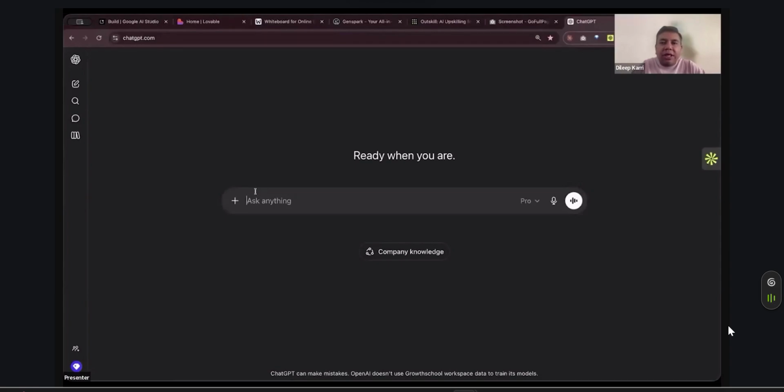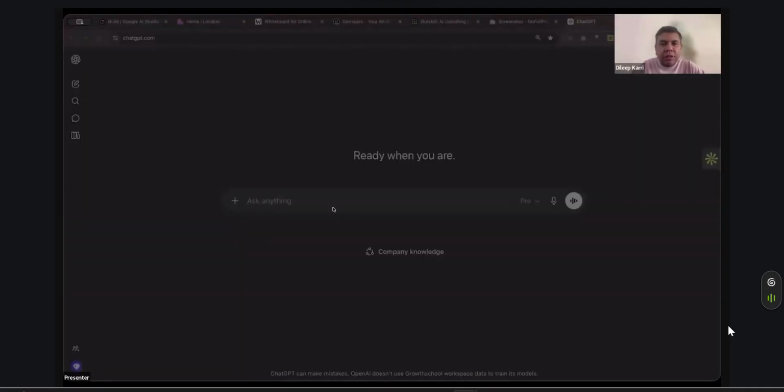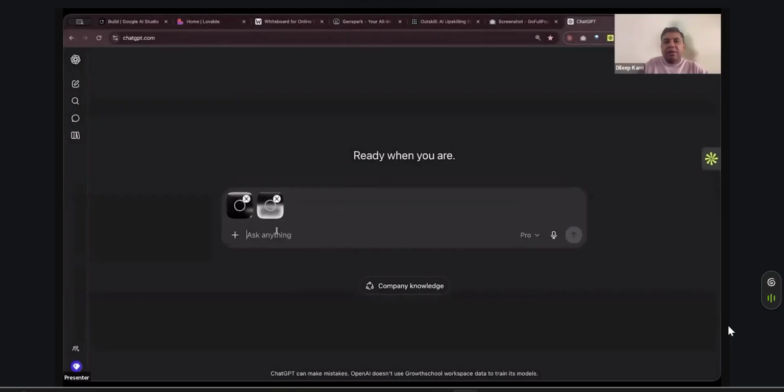Okay, so what I'm going to do is attach the files. I'm going to attach the complete files that I have just downloaded. I have attached the files. Now I have to give it the complete prompt. And for me, a thinking model would suffice. I don't require a very complex model, but a thinking model would really help. And then I will say,